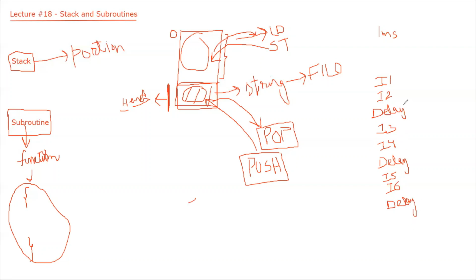Okay, so how can I provide a delay here? As we have seen in our previous lectures, a delay can be provided by using a loop, a single loop or multiple loops. Let's say in that loop we have 3 or 4 instructions. The same loop is to be written here also, and the same is to be written here also.